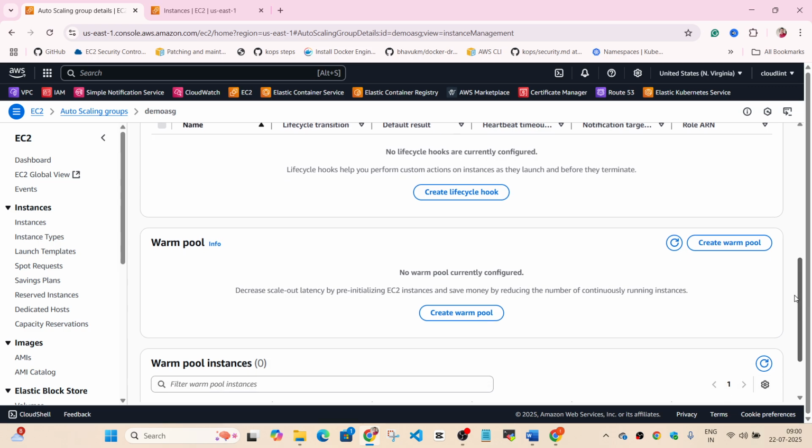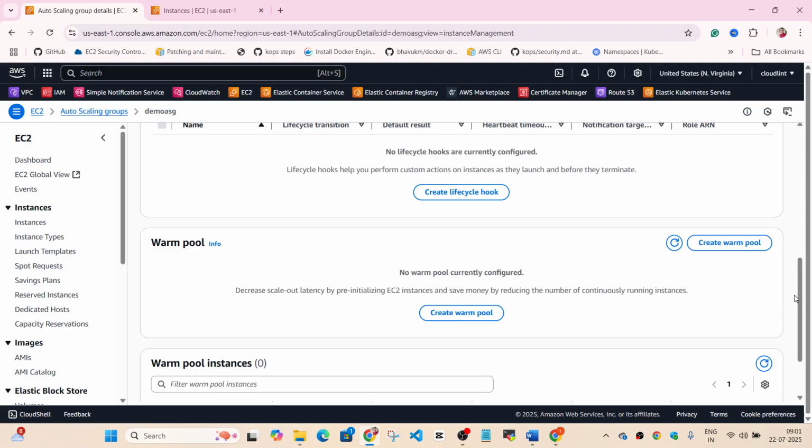Also, you have something called a warm pool. A warm pool is where you create some instances in advance that will become part of your main client traffic. For example, you know that an EC2 instance is going to take like 2-3 minutes to be in ready status to accept connections from the client. So you can create some instances in advance and keep them in the warm pool. As soon as any instance fails or terminates, an instance from this warm pool is going to be added to your main auto scaling group to accept connections from the clients immediately.